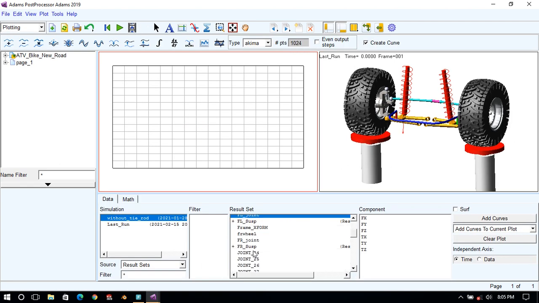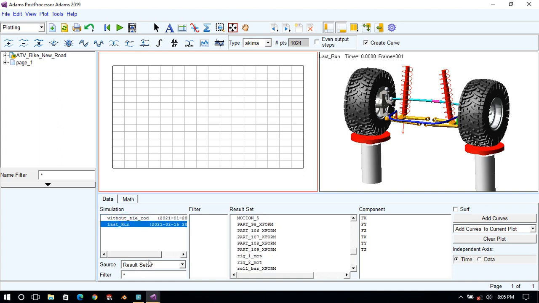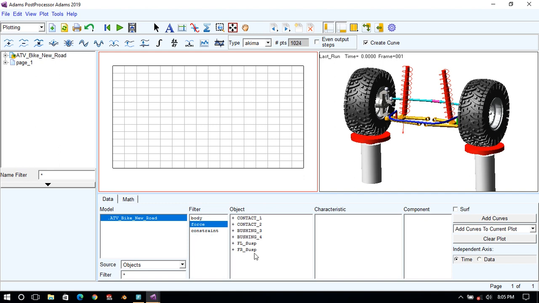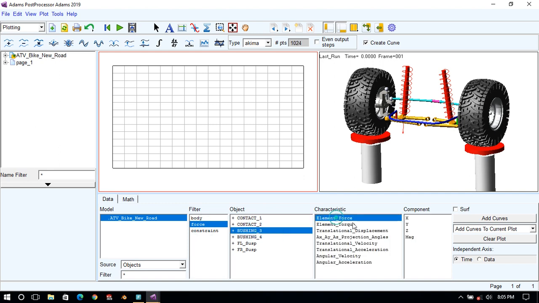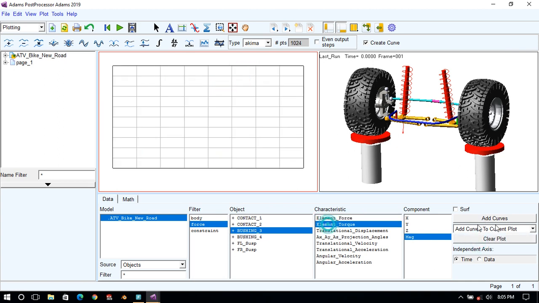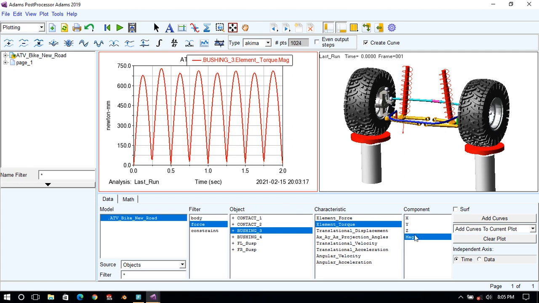Go to the, so you can see the forces on the bushing. So choose last run, objects, force. Here there will be bushing. You can see the element force, magnitude. So it is showing what is the force on that bushing location, what is the torque in that location.